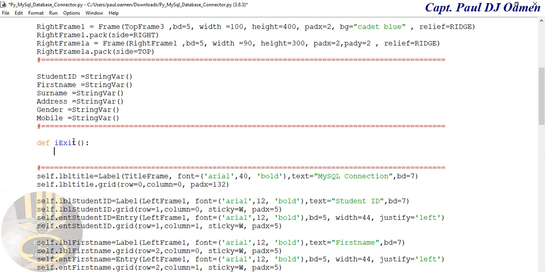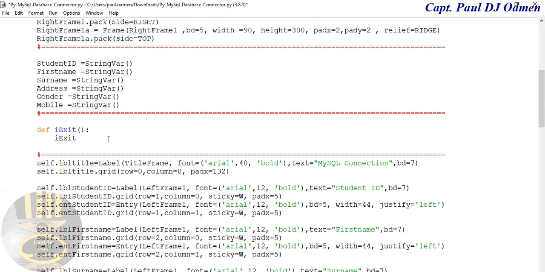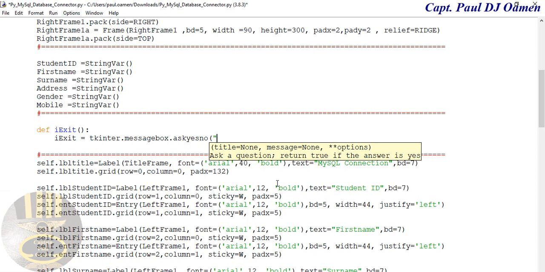Now I exit equals tkinter. Okay, this very tkinter that is declared up there. Now I am making use of it. I exit equals tkinter.messagebox dot ask yes or no. Ask yes or no. Double click on that, and let's come in here at the very first argument, that will